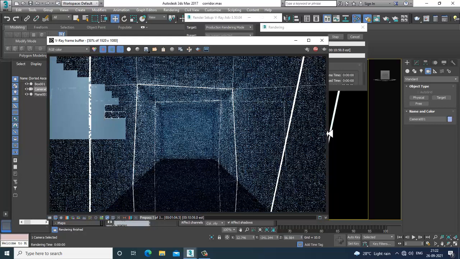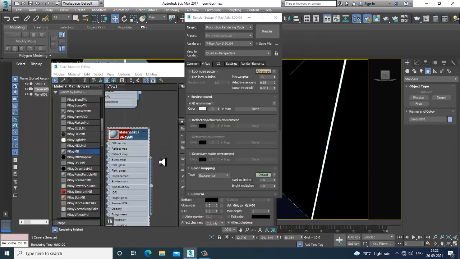Can add some reflections, but I think there are already some reflections over here. So if you try to add some HDRI, you can do that also.